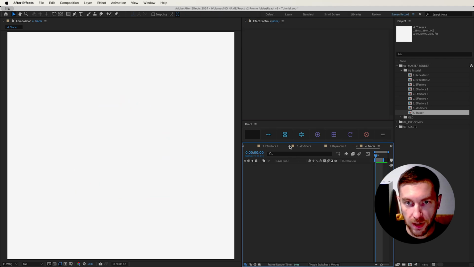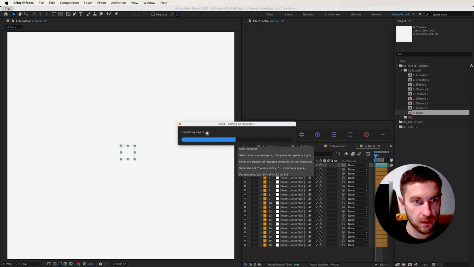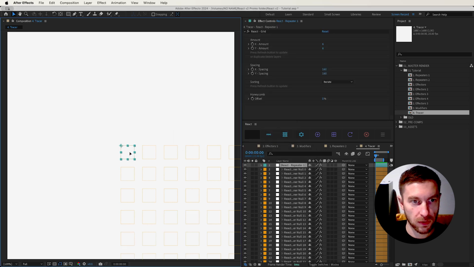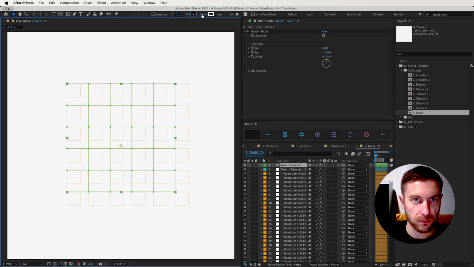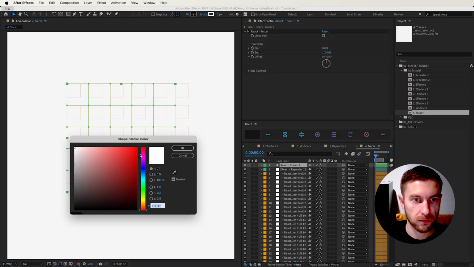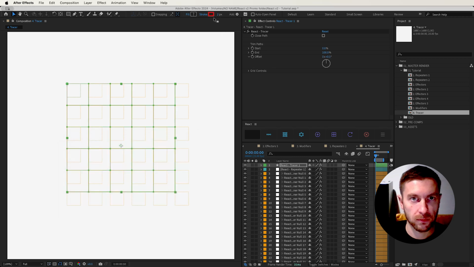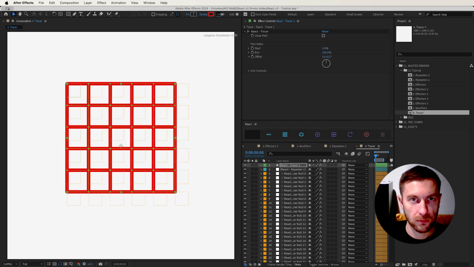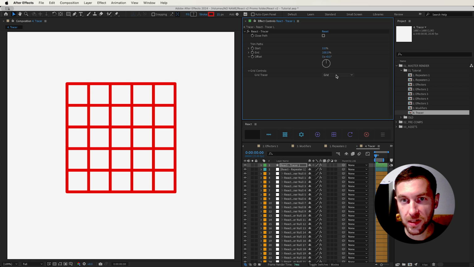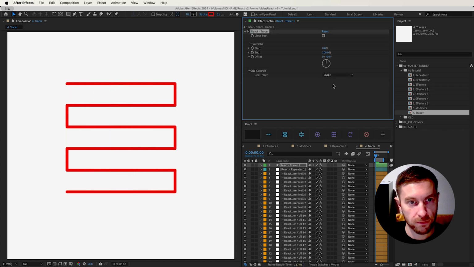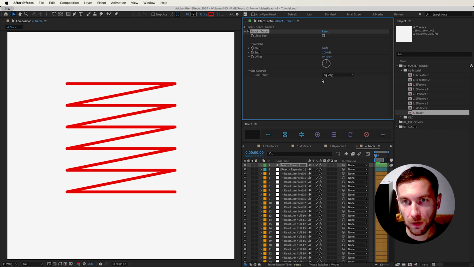So again, I'm just going to create a grid without anything selected. And with the repeat null selected, I'm going to add a tracer. I'm going to turn the layer controls off just for a sec, and then twirl down grid controls. Default is grid. We also have snake and zigzag. Let's go back to grid